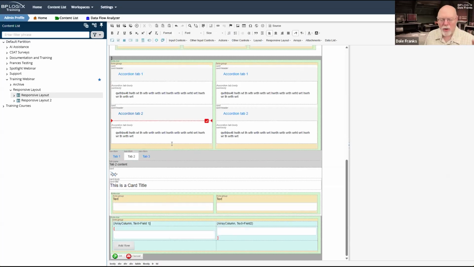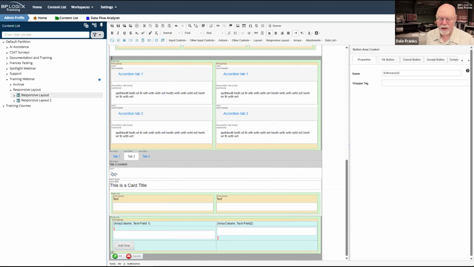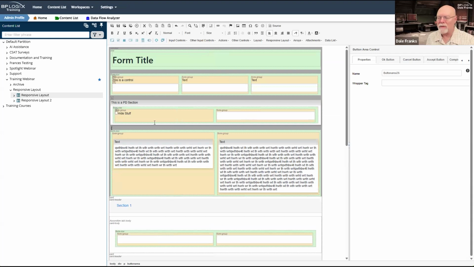The action buttons are a special thing inside Bootstrap. Normally, on a form, you might not put in action button controls like I have down here. You might not throw it in at all, just allow a process director to slap an action button down at the bottom of the form automatically. You have to be much more intentional whenever you're using the responsive layout controls. You do need to specifically place an action buttons control where you want that control to appear. Otherwise, the display might get a little bit wonky because of the nature of how Bootstrap works.